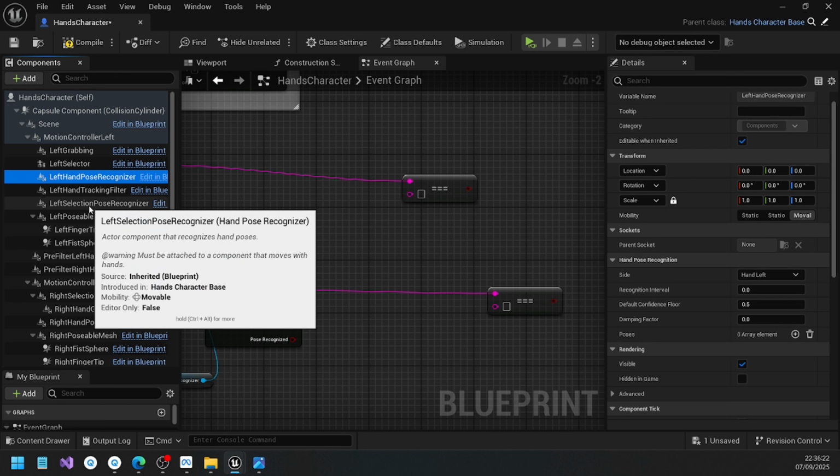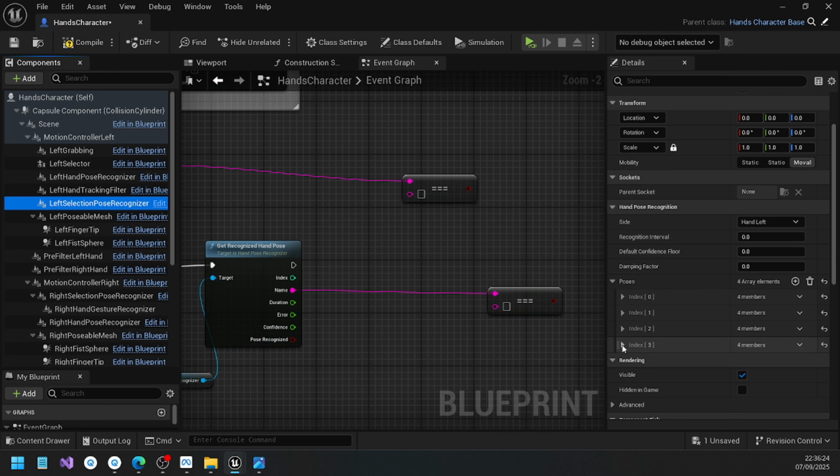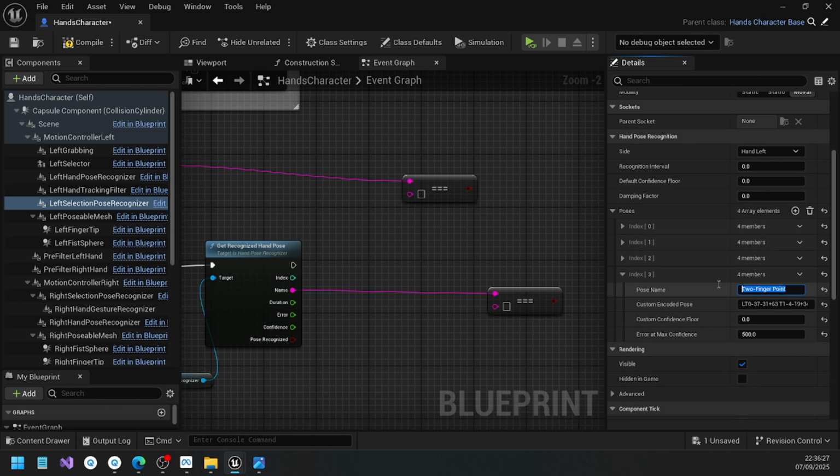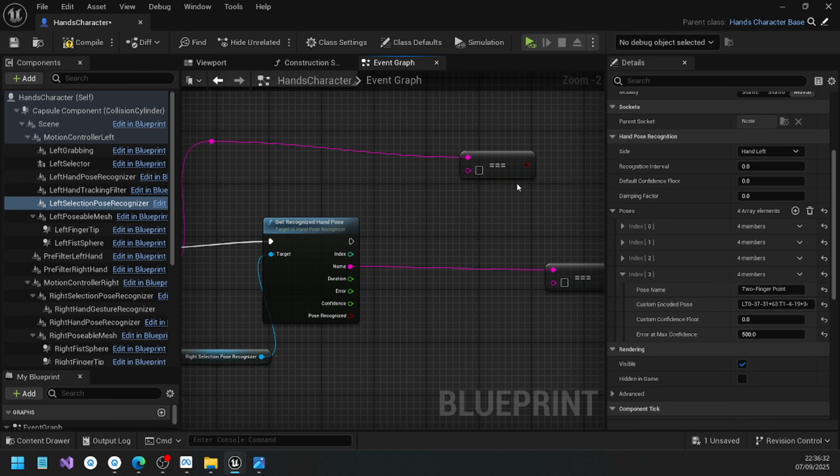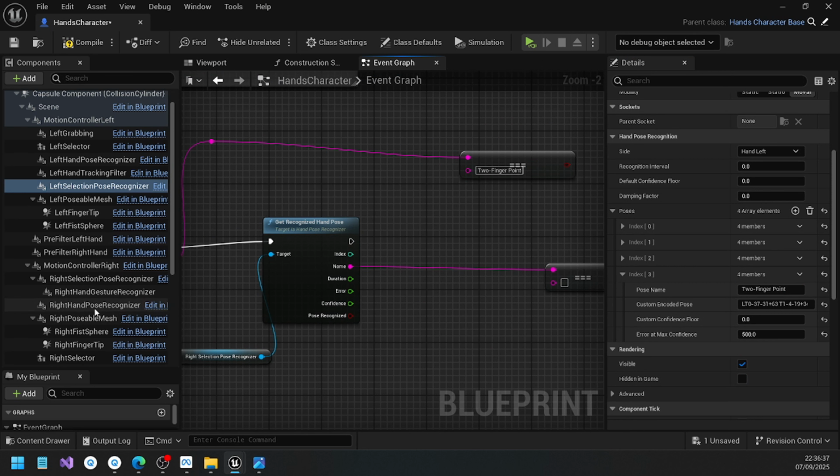Okay, we found it. Yes, it is here, and we need to copy the name, two finger pose, and paste it here, and we need to find the right hand. And remember, they must be the same as each other. Two finger point,